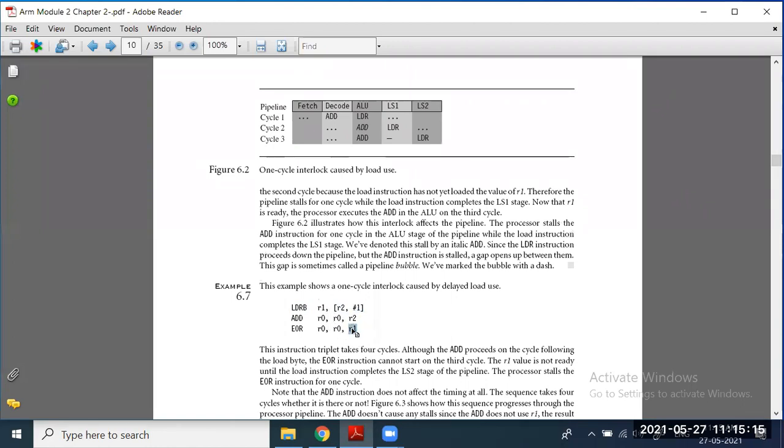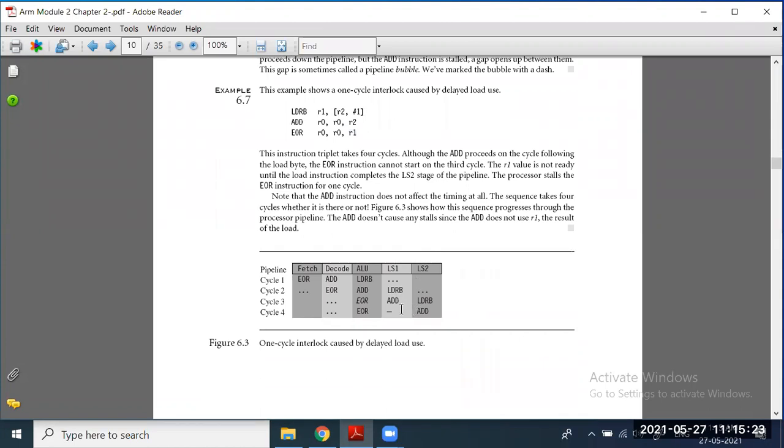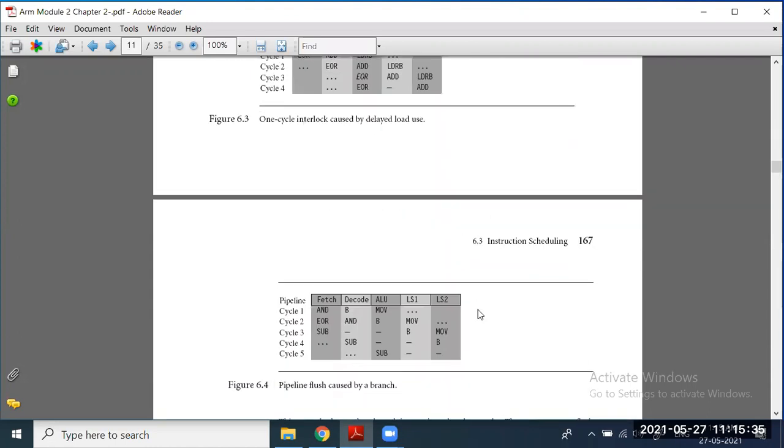Because of that, there will be a processor stall that you can observe here. See here, it requires 4 clock cycles. Three instructions, 4 clock cycles. Okay.